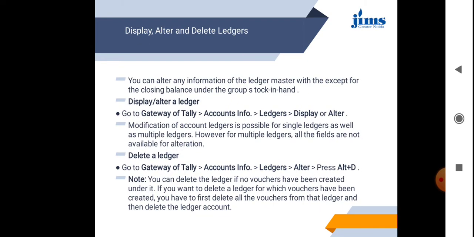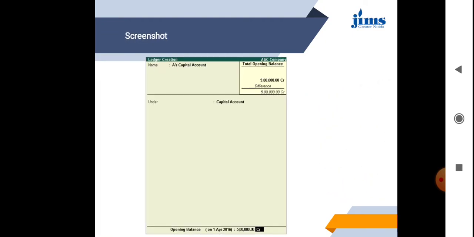So as you enter it, a ledger of this particular item is created, and the opening balance is also shown here. As you can see on the right hand side, the opening balance, whether it is a credit, generally we have a credit balance, so we keep the total opening balance as credit only. Then as you enter, a dialog box will appear asking to accept. If you accept it, then the ledger will be created.